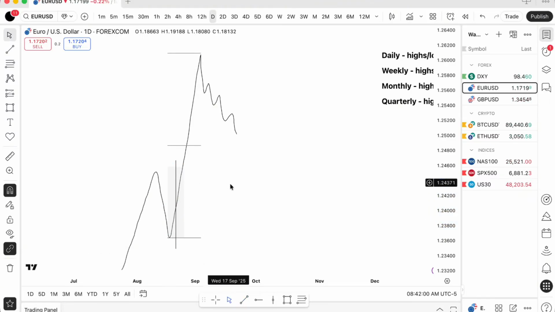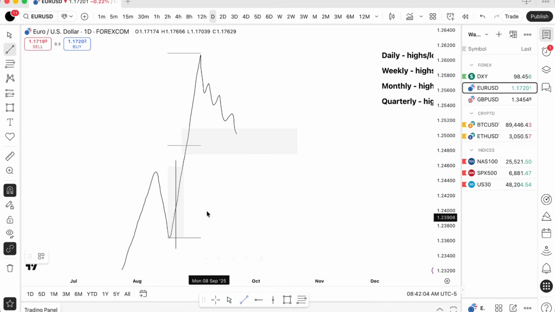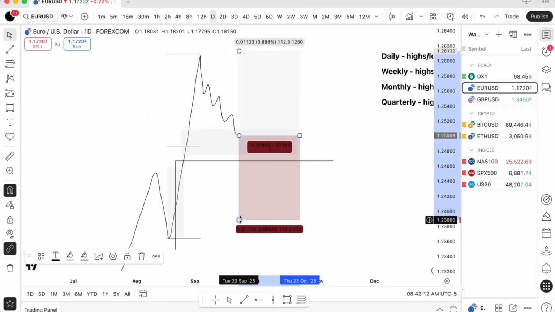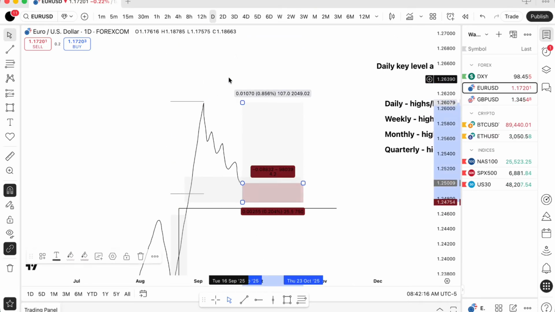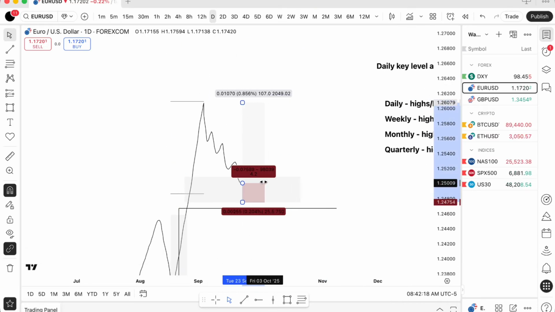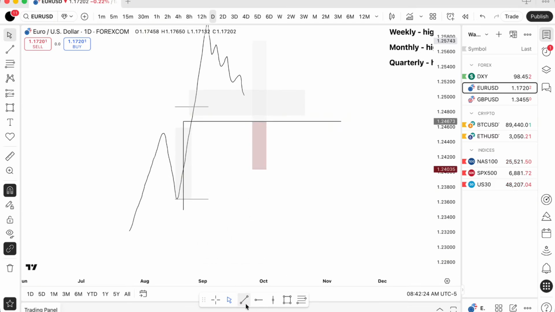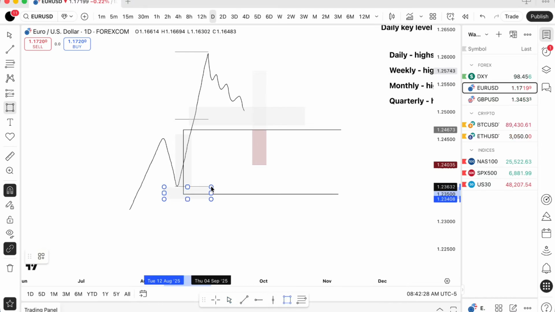You will have only two key levels, right? You have a daily fair value gap and a daily order block. So what does this mean? You have only two setups to form, right? You either get a move from here and some invalidation if you have, and move to the upside. And if this fails, your next setup will be formed from the daily. And if both things fail, you start looking for weekly PD arrays